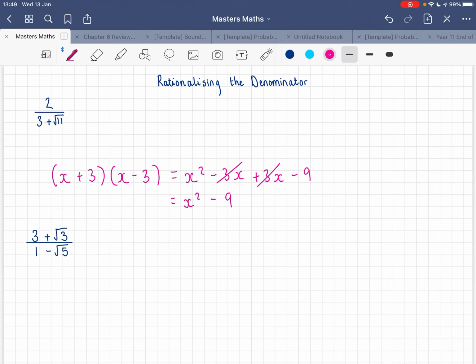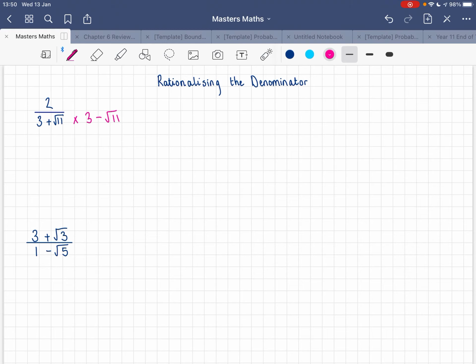Okay, that is the difference of two squares. It means that the middle terms, your x terms, are cancelling each other out, leaving you with just the x squared and the constant, which are both square numbers. We are using that same idea when we rationalise the denominator here. So I'm going to rub that off. We are going to multiply the top and the bottom of the fraction by 3 minus root 11. So I am changing the sign in the middle,